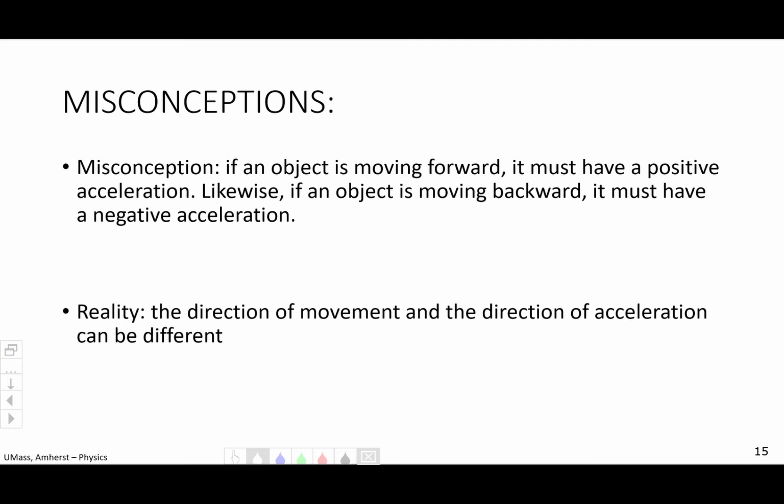And then the next one was we rolled the ball in the negative direction, and then we pushed it toward the negative direction. We caused a negative acceleration. So a negative velocity and a negative acceleration caused it to speed up. So what we came out of this experiment with was the idea that when the velocity and the acceleration are the same sign, the object will speed up. If the velocity and acceleration are different signs, the object will slow down.